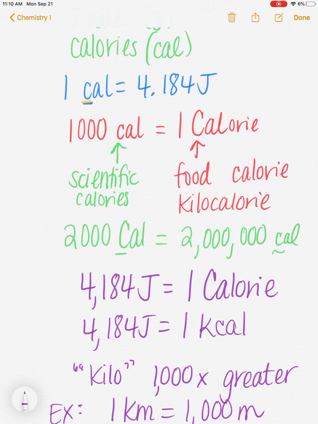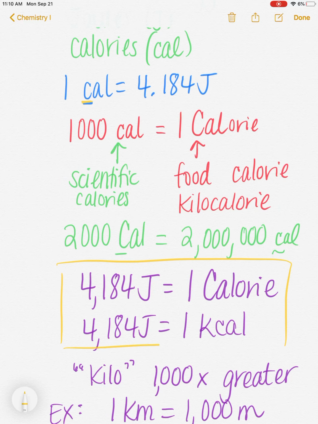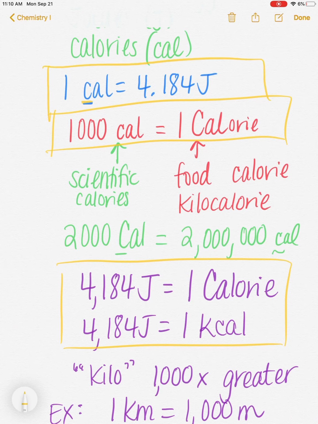All of this information will be very helpful for you tonight as you do your homework. This in particular, you need to know that small c calories, there's 1,000 of those in 1 food calorie. There's 4.184 joules in 1 scientific calorie, or 4,184 joules in 1 kilocalorie. Please pay attention on the worksheet to whether they are using a capital C or a lowercase c, because